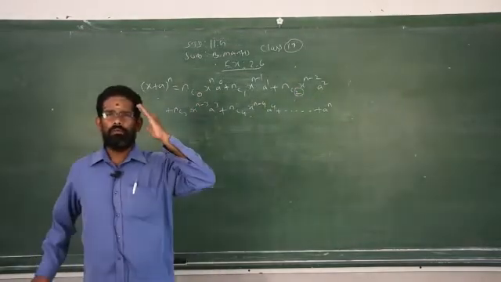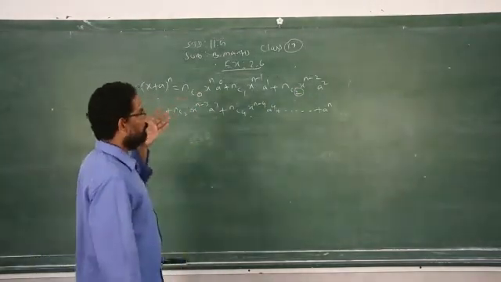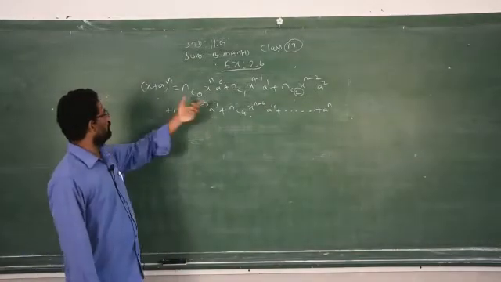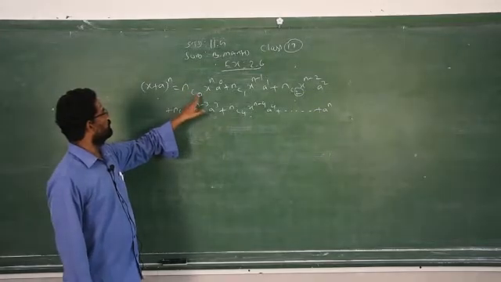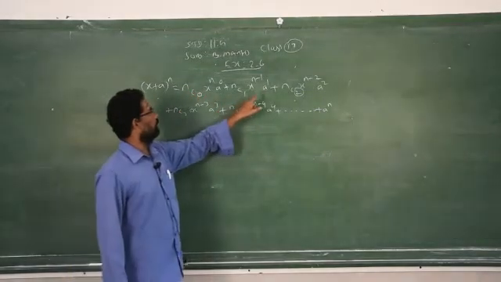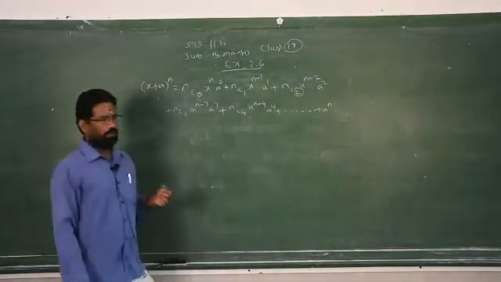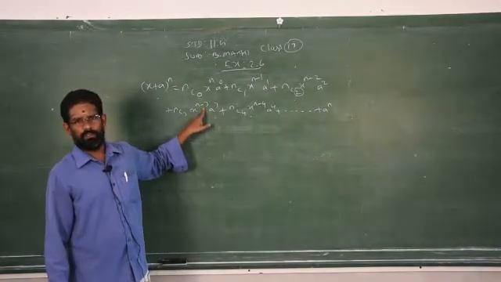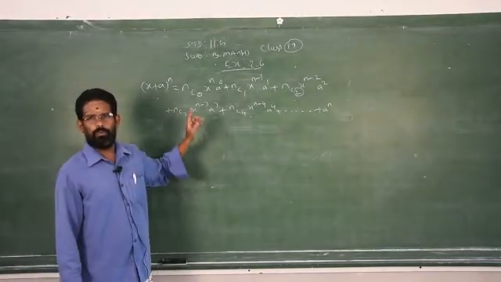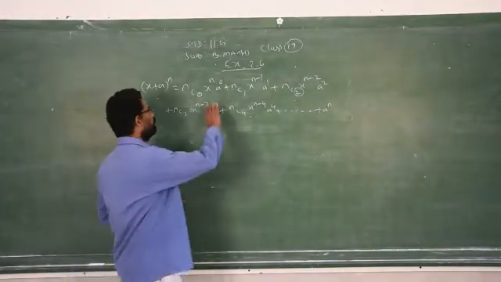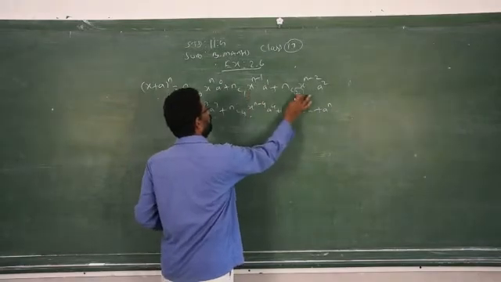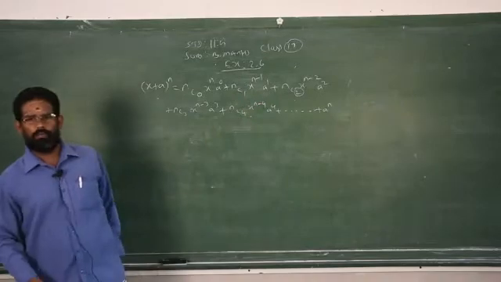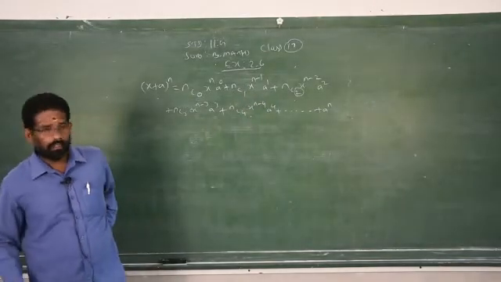So anyhow you have to memorize, whatever the method that will be easy for you to recollect the formula. So for me it is very simple. If I know this first one, then I have to increase what is the number after 0? 1, 2, 3, 4. So if I am replacing the suffix, you have to reduce the power of x by the suffix 3, 4, 2, whatever it is. And you have to increase the power of a 1, 1, 2, 2, 3, 3, 4, 4 and so on. This is the general formula for what is that?